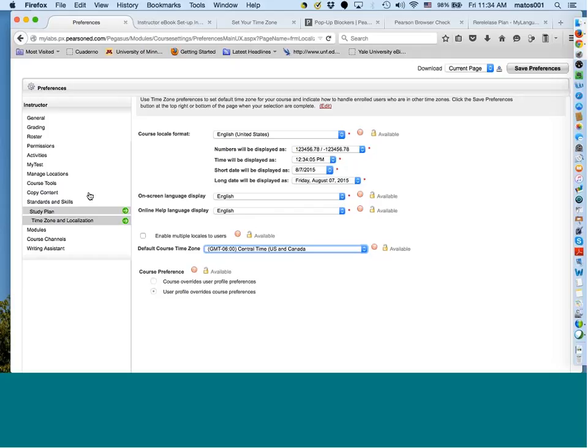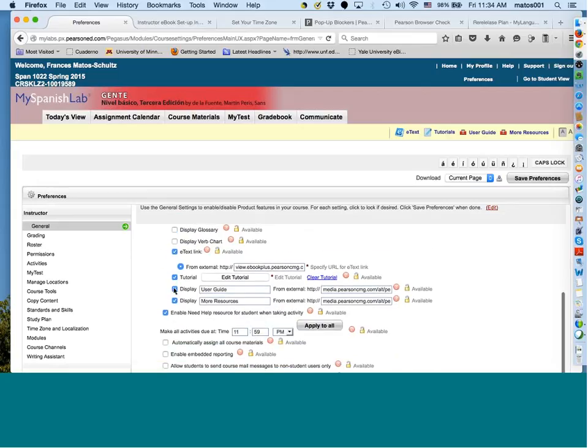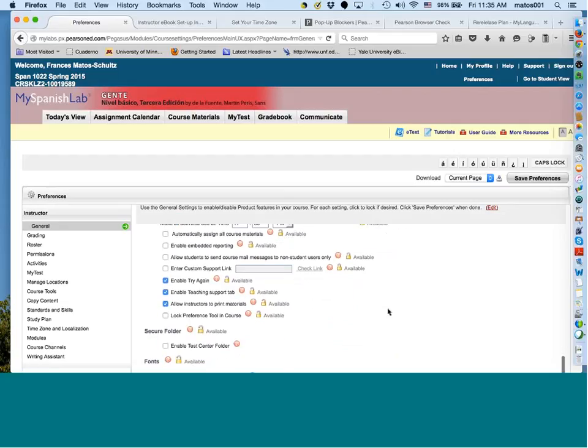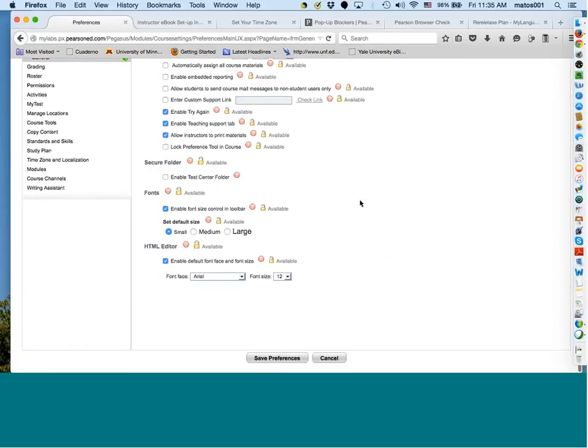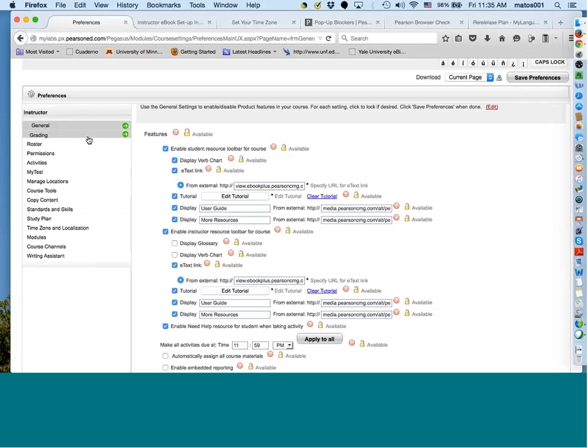So this is something else that you need to do. You start with General, again, and in General, you need to decide when you want to make your activities due, and you're going to click Apply to All, and don't forget that you need to scroll all the way down and save your preference before you do something else, because otherwise you will be clicking and nothing will happen. Then you go to time zone, okay,